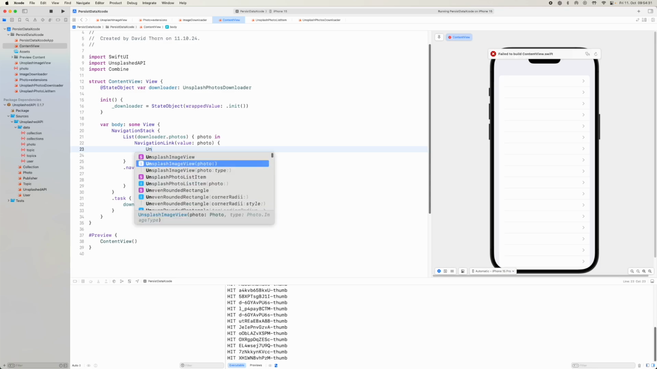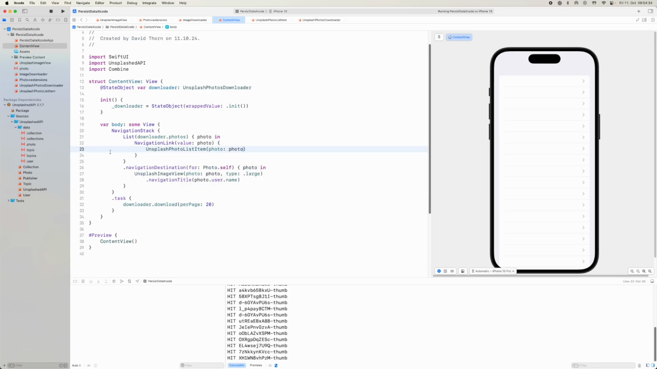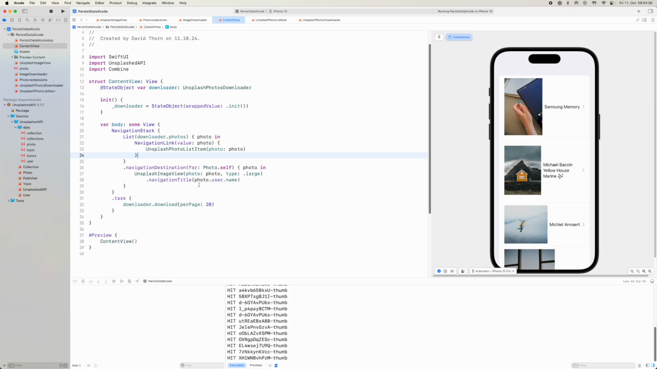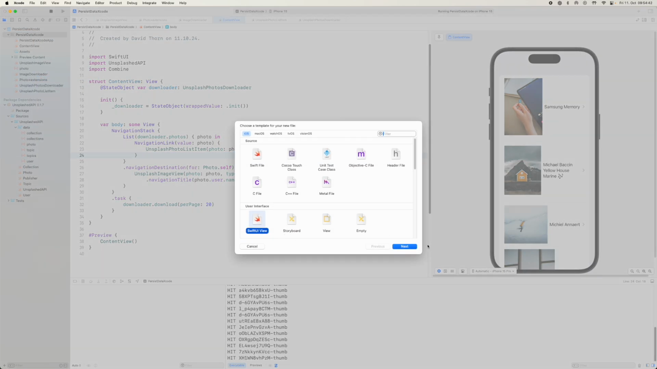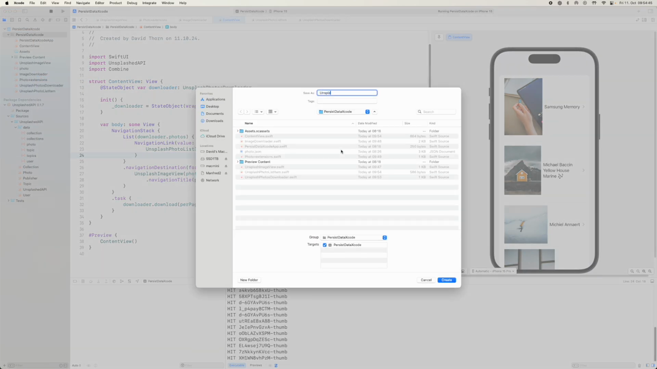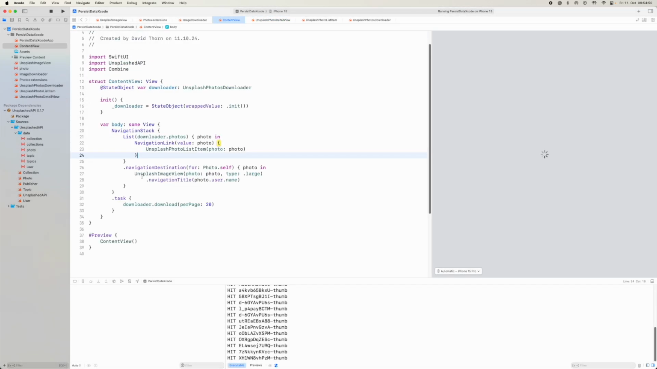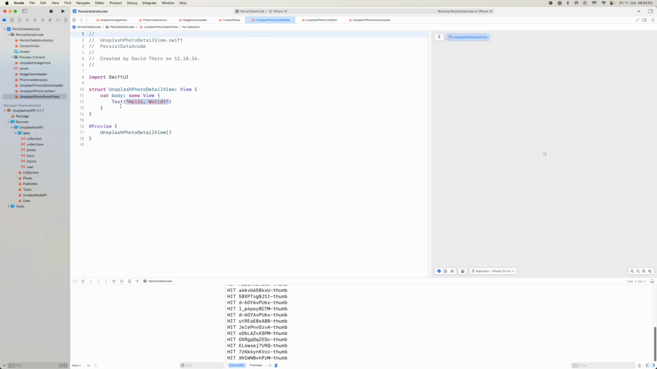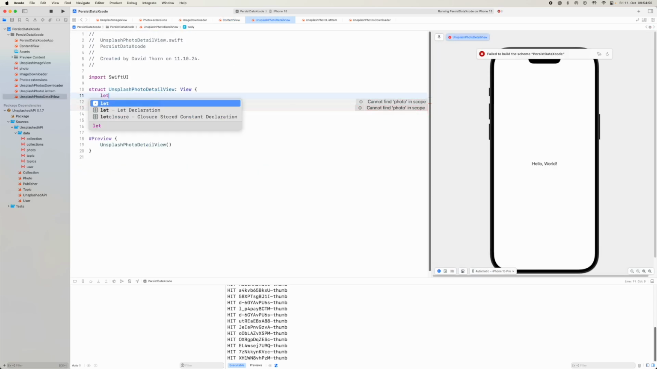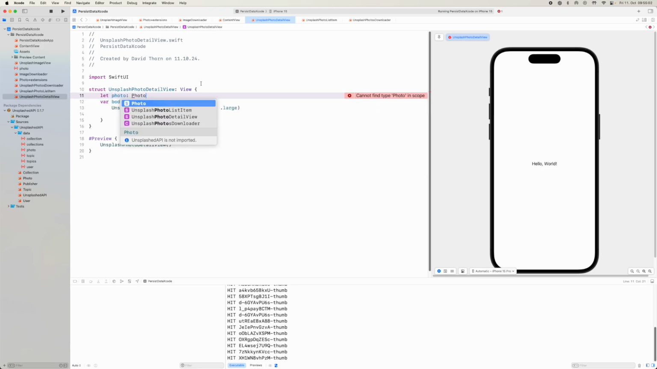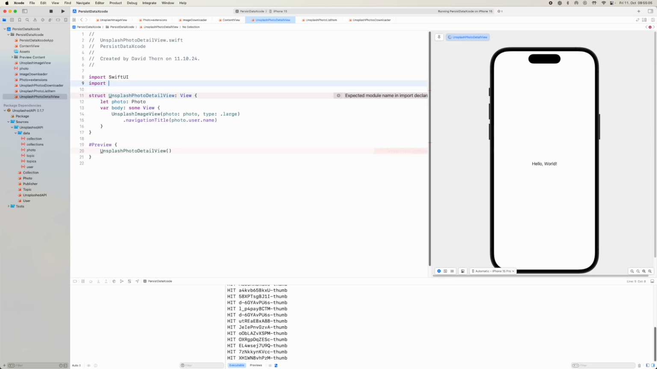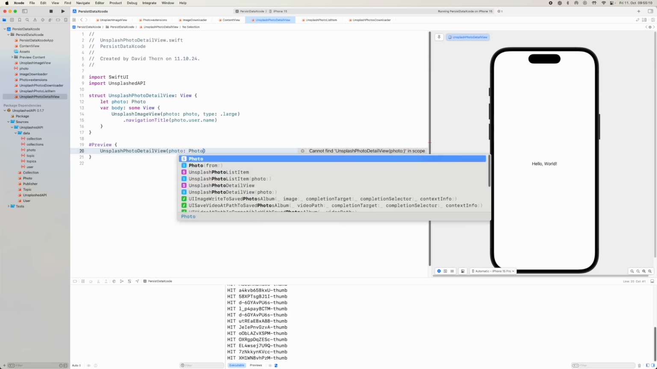Unsplash photo is then there, and Unsplash image view, and now we want to have the next detail view. So we're going to say Unsplash photo detail view. There we go, and we take this and place this inside of here, and we say photo and photo. We need Unsplash once again, and we say here photo.example,